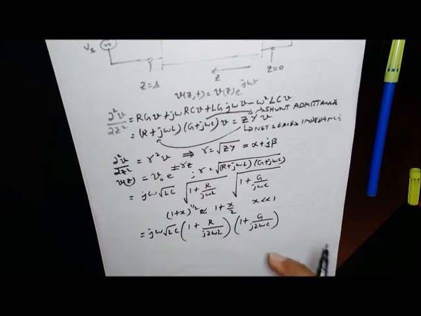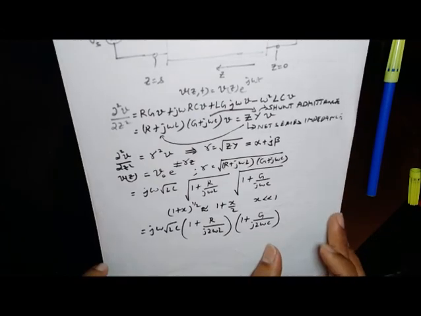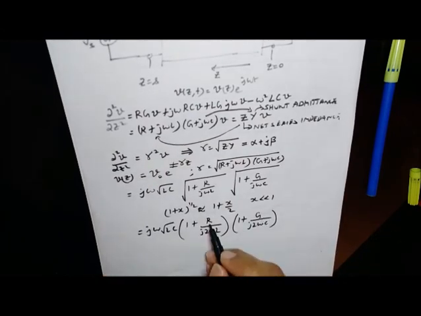G is the shunt conductance, which will be very small because the dielectric will obviously be of good quality. So G is going to be quite small, R is anyhow small. The product of the two will be even smaller, and in the denominator you are going to have omega square. The signal will be transmitted at a higher frequency. So that makes the fourth term, which is a product between these two, negligible.